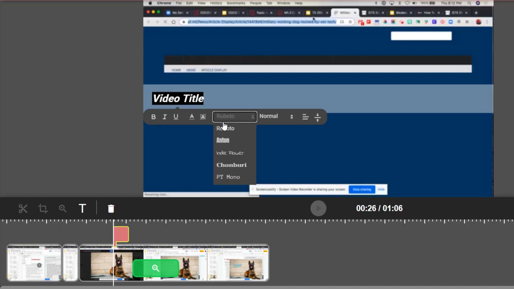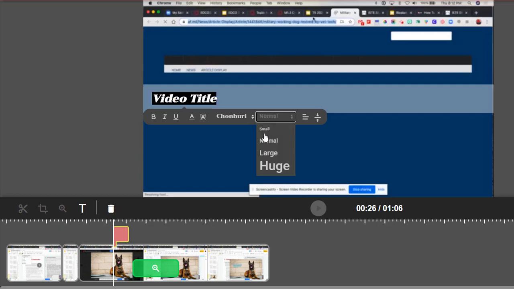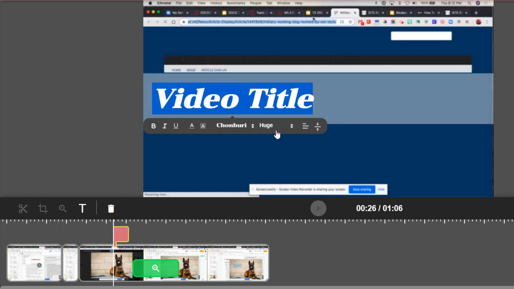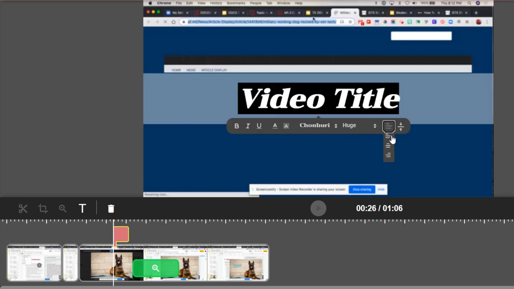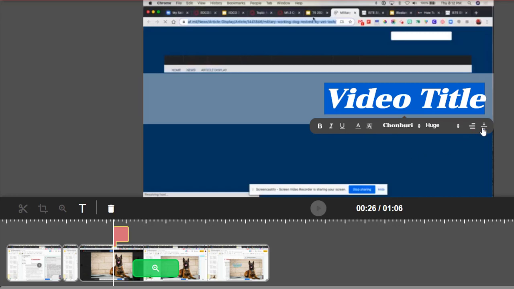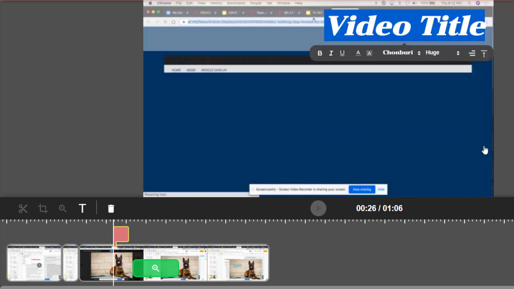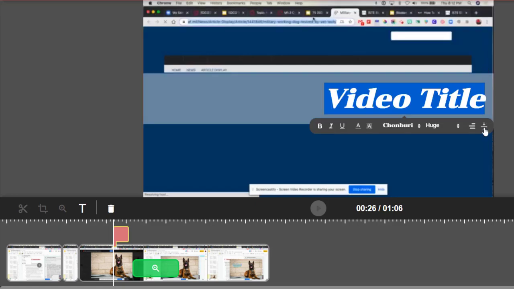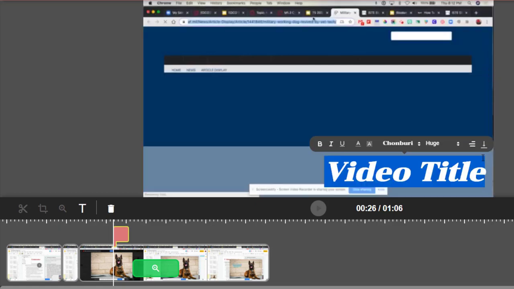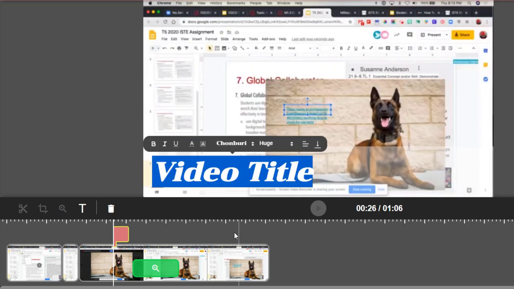I have a few different font choices. I have a few different size choices. I can align my text left, center, or right. And I can also align it at the top, in the middle of my screen, or at the bottom of my screen. It's not a simple drag and drop like some video editors are, but there are opportunities to move